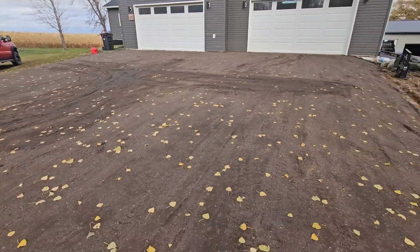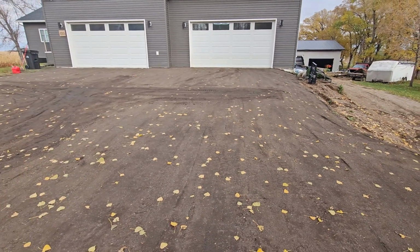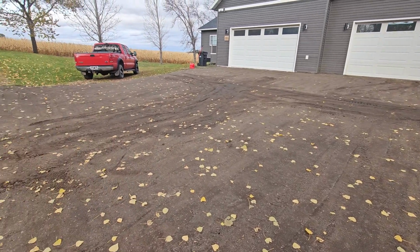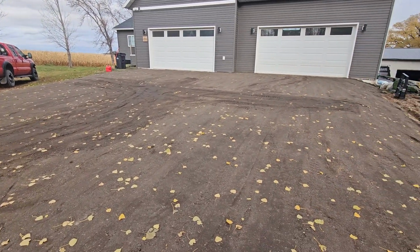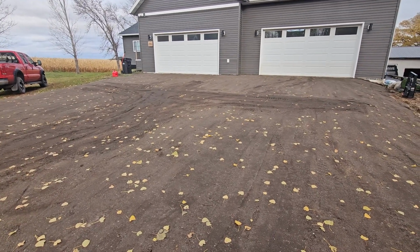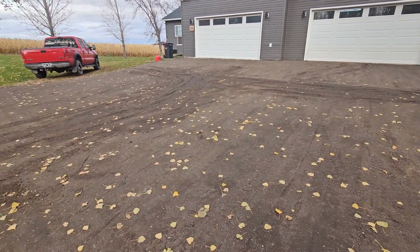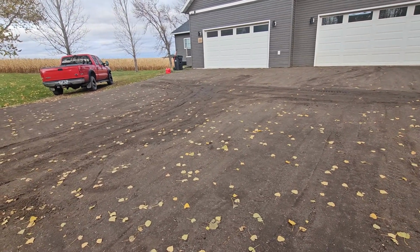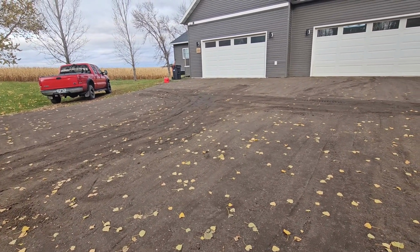But yeah, I'm super pleased with how this turned out. But I'll let you know how that goes when I put the sealer over the top of it. And obviously it's going to look black once I put it over the top of here. But I'll see how it covers. And I figured it's a pretty cheap experiment. You know, I probably need to get 3 of the 5-galloners. So let's just say